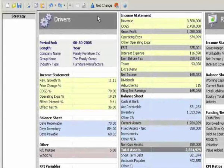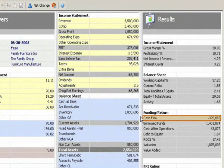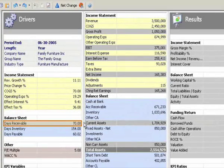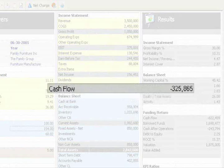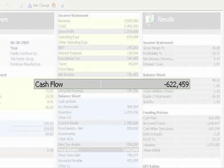Let's dig a little deeper. Family Furniture currently has a negative cash flow of $325,865 and collects their receivables in 70 days. What happens if receivables change to 100 days? A 30-day increase in receivables will impact cash flow by $296,603 as a result of the additional $287,271 carried on balance sheet and the